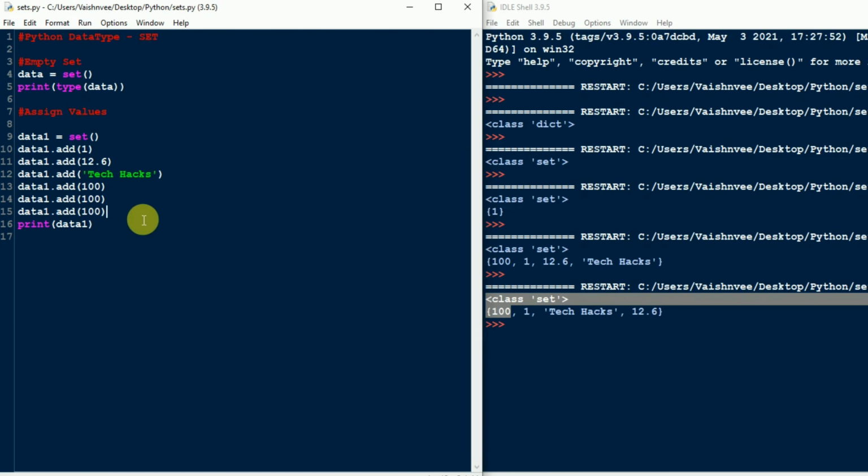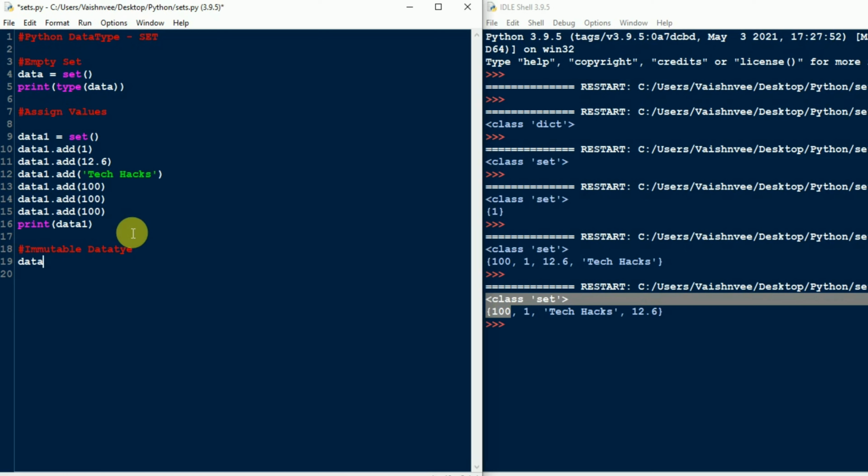But in the set you can also create an immutable data type. To create an immutable data type, what you have to do? Immutable is just the opposite of mutable. So you are not allowed to remove elements in that set, and you are not able to add any extra element in that set. We are going to see how to do that. We are using one function, or you can say one keyword, that is frozenset, to make that particular set immutable. Suppose I will create here another set.